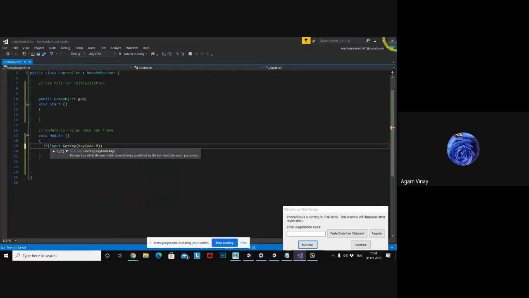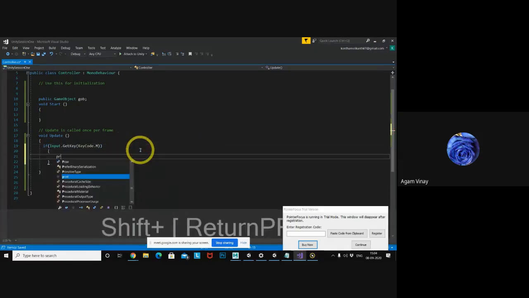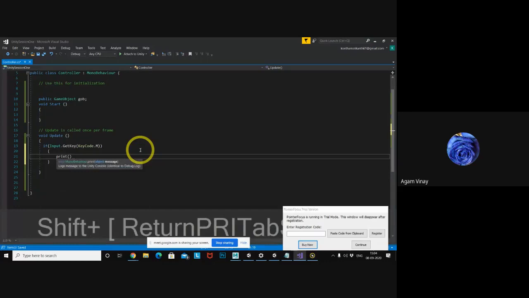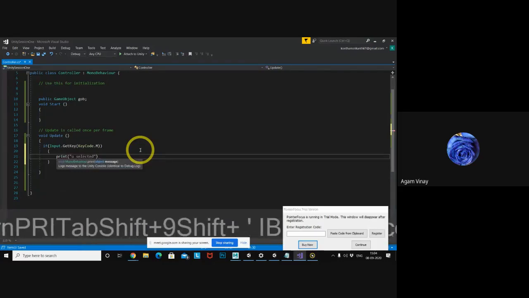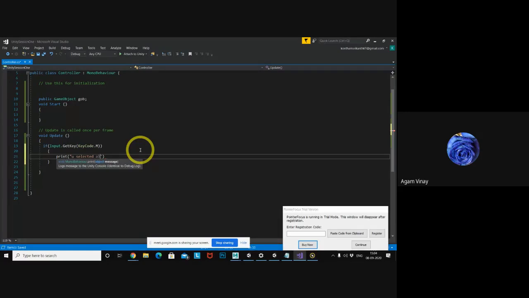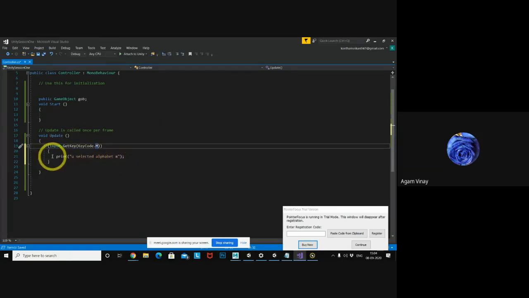Let's say M. If I press M, what should it give? Print: you selected alphabet M. Whenever I press M, it will execute like this. So whatever functionality you want to do, you write between these two places.